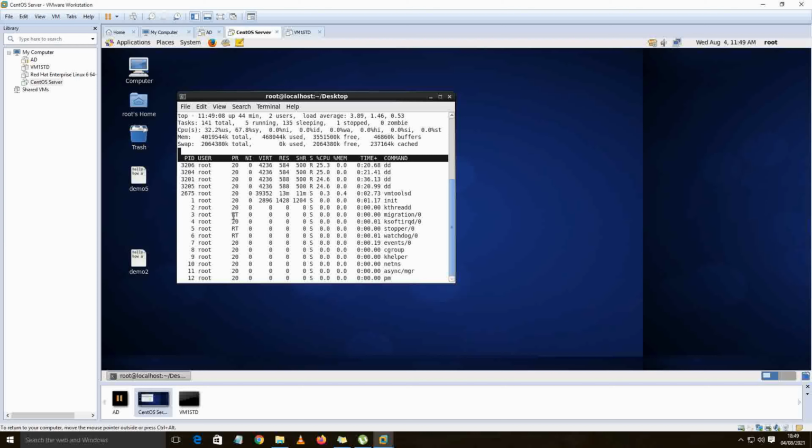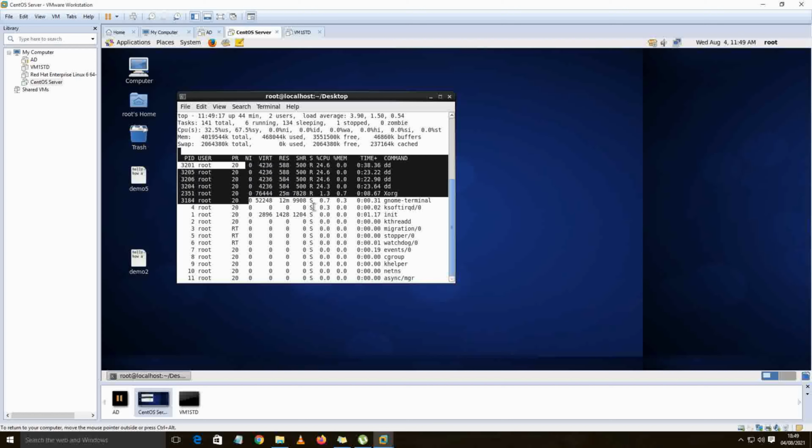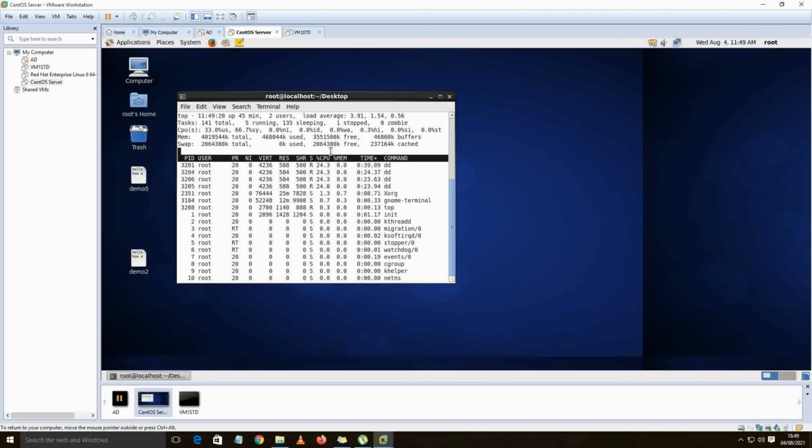Now the second task that we are going to perform with the help of the top command is how to change the priority. Now if you see, the priority is given as 20 and the niceness value is given as 0. So if I want to change the priority, I am going to press small r. It is asking me which PID I want to renice, that is, whose priority I want to change. So you can write any PID. I will write 3205, which is the PID I have created. This is the PID whose priority I have to change.